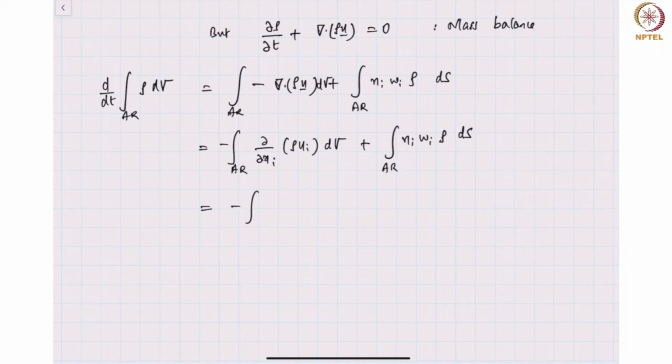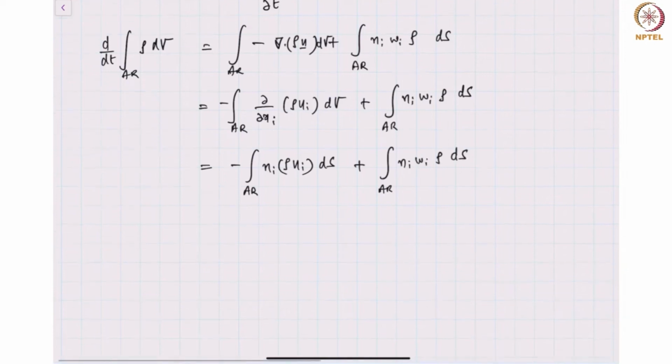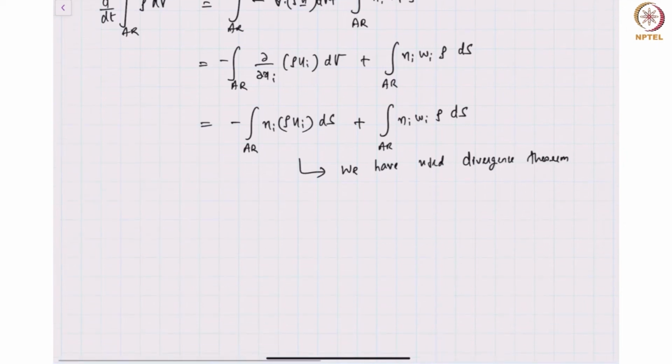So I have, we have used the divergence theorem here, and therefore I have